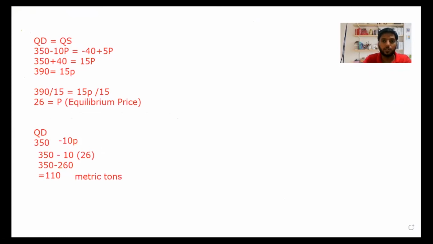So once we do the first one, not 110, it should be 90, guys. What am I doing? So I'll cut this out. This is 90 actually. 350 minus 260 is 90 metric tons. Then after doing this particular thing, we are moving on to the next part of the sum. It says that